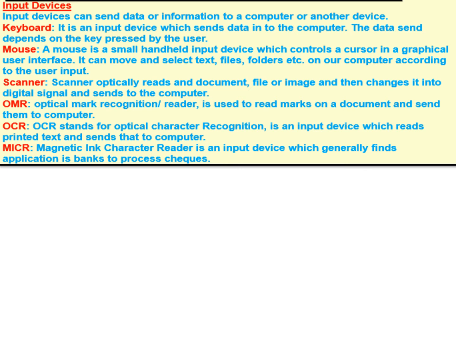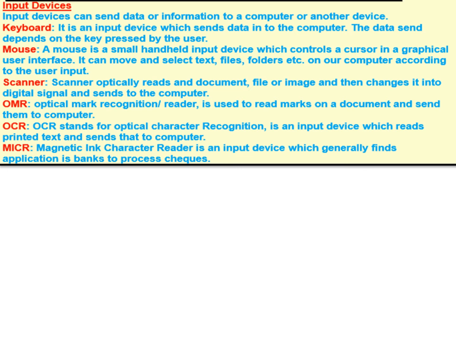That paper in which you are solving the answers is in the form of an optical mark sheet, and the device which is used to read those marks, those circles you have filled in the document, is known as optical mark reader.